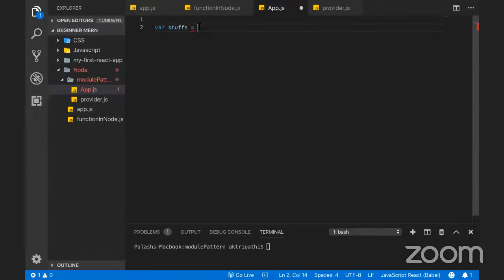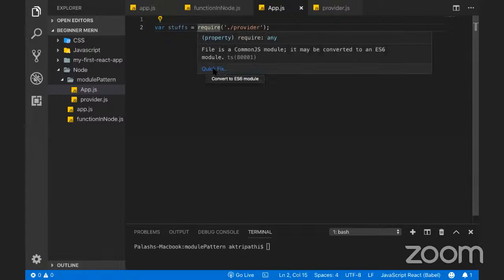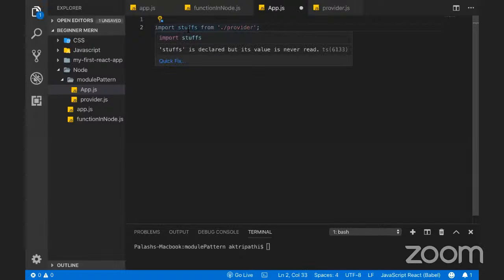So for that, we use this require, and from where it is. So basically, not template string, I will use a normal string, ./provider. It is something similar to your import functionality, right? So this is the ES5 version of import functionality. अभी मैं अगर इसको बोलूंगा कि क्विक फिक्स करो, तो ये इसको कन्वर्ट कर देगा ES6 मॉड्यूल में और import stuffs from provider, right? But this is not going to work क्योंकि मेरा जो सेटअप है 10.15 पर है और